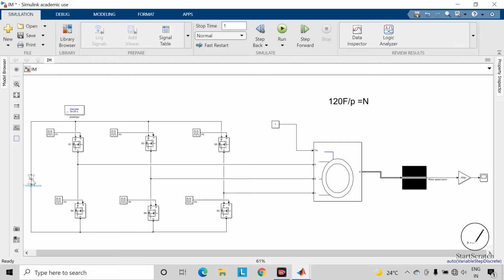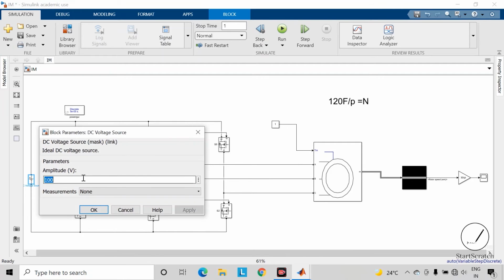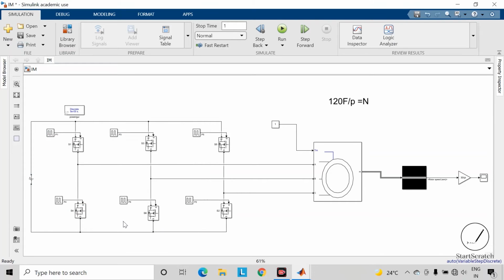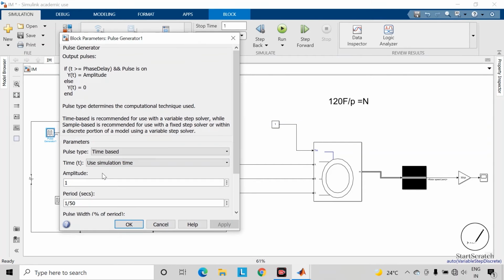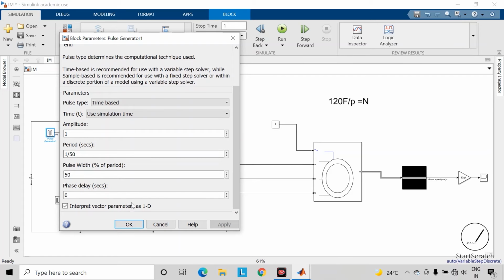Let us change here the DC voltage source to 500 volts. And we know that the formula for speed is 120f upon P, and currently we are using a frequency of 50 Hz.